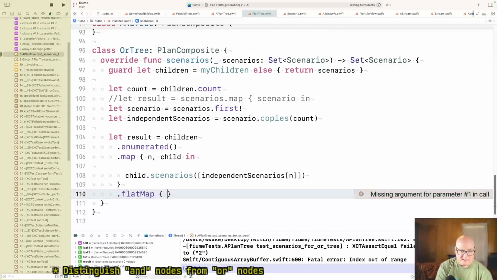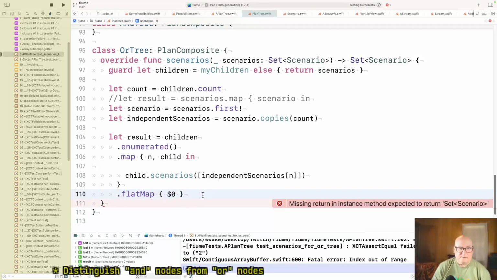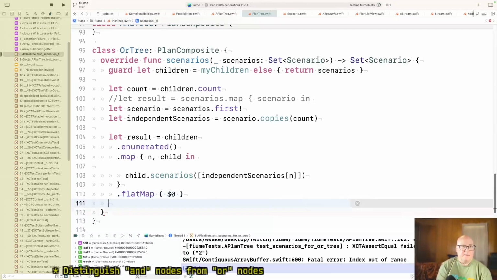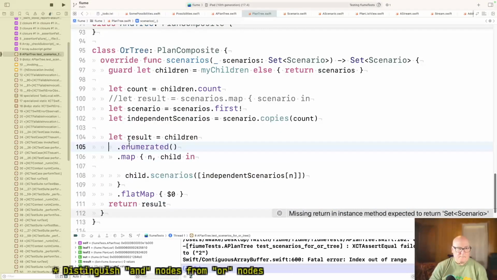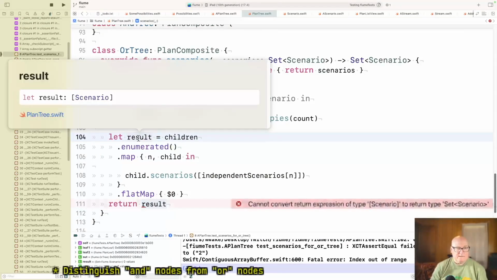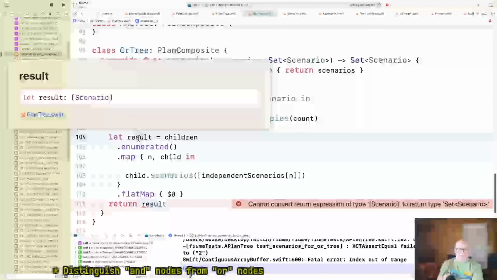I don't know. I think it's almost like this. Is that not right? It's an array of scenarios. We could do the zip. I don't know if that's less confusing or not, but the flat map is not right.